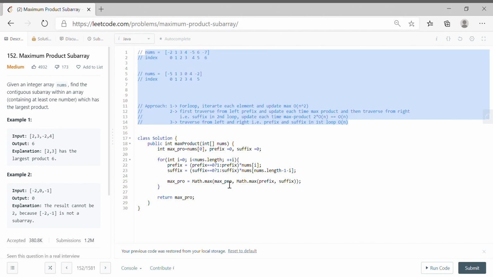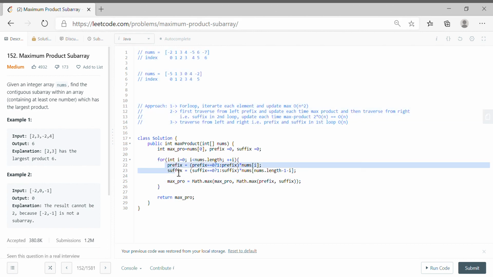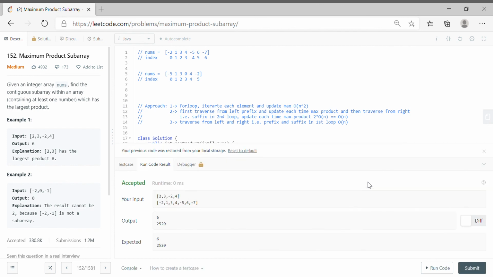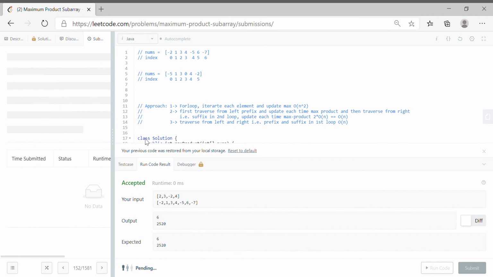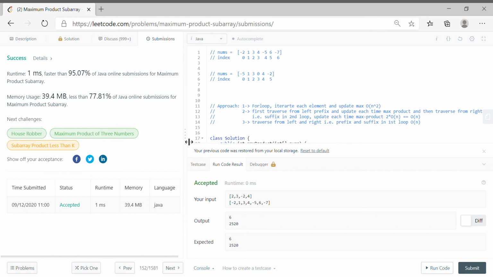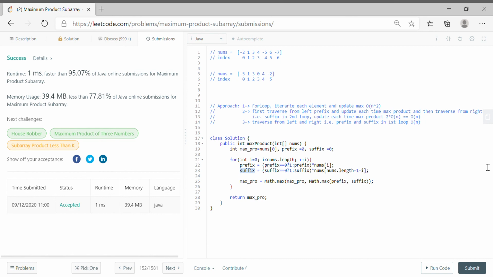One thing you can do: I'm doing both in one loop, but you can use two loops, one for loop for the prefix and another for loop for the suffix. Actually, what I'm saying is that would be a bit easier to understand. You can try it and it will be very easy, right? Okay, so we'll see whether it works. Cool. Yep. So, that's all.